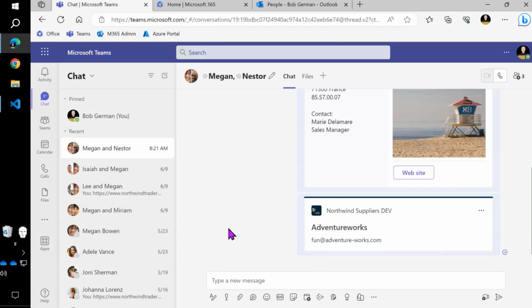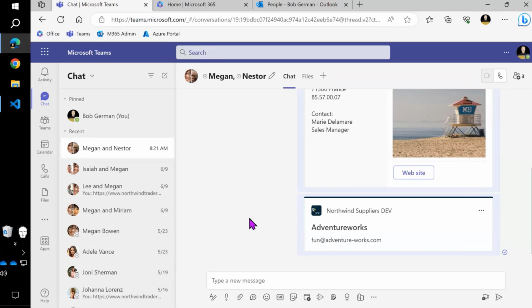Now, we could have put in another adaptive card here, but basically the idea is let's not repeat the same sort of work over and over again. So we're just using a really simple card here. But the point is you've got all that data now from the Microsoft Graph that users can bring into a conversation and share with one another very freely.